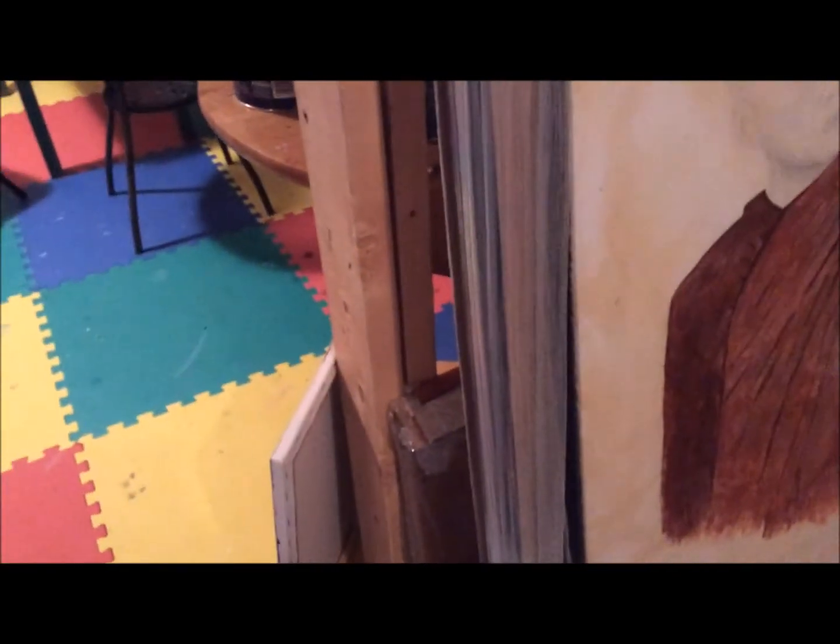Okay, so now I'm going to look through my artwork to see what I can take and recreate something new. I'm just going to look through here. Oh, here's one. I'll bring it out here. Okay, so here's a piece of artwork that